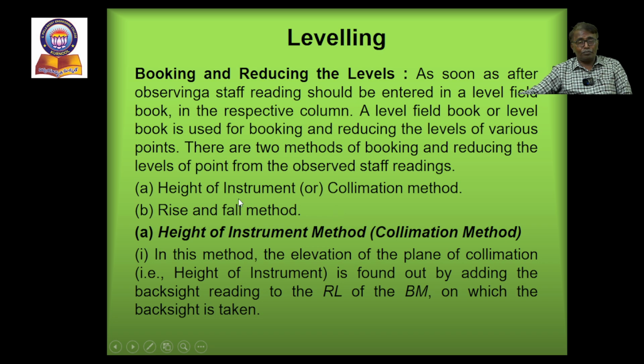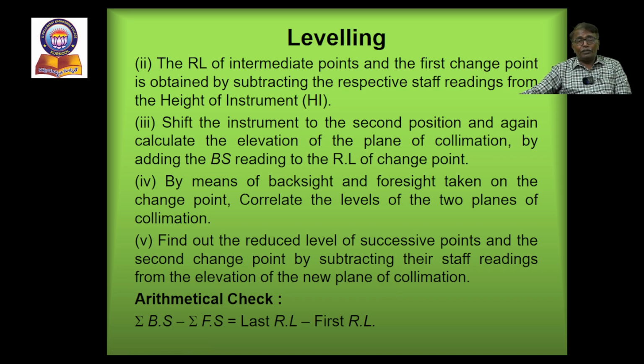Now we'll see briefly how the calculations will be carried out and how the observations have to be recorded in both the methods. Height of instrument method, collimation method. In this method, the elevation of the plane of collimation, that is height of instrument, is found out by adding the backside reading to the RL of the benchmark on which the backside is taken. The RL of intermediate points and the first change point is obtained by subtracting the respective staff readings from the height of instrument. Simply, height of instrument